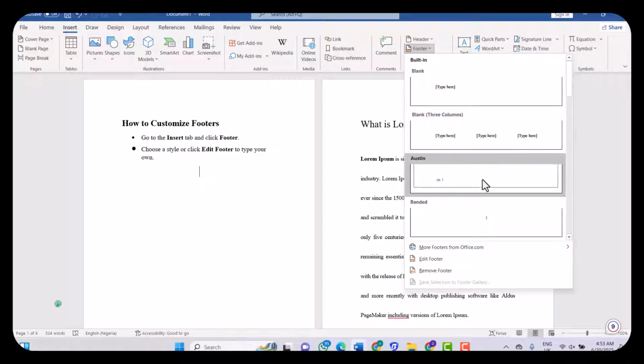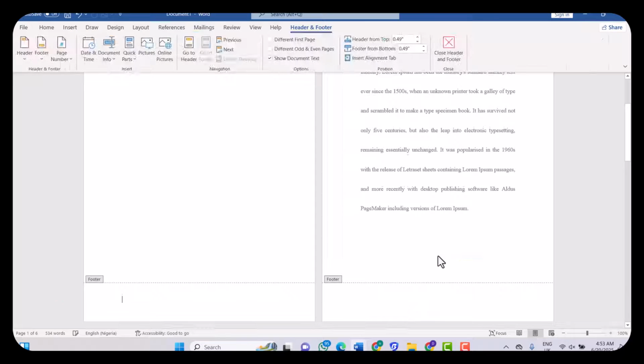Okay, so let's click on edit footer. For example, let's click on edit footer. Let's say we want the name of the author. Let's say you're an author for a particular book, and you want your name to appear on the footer section of the book. You can just put your name, let's say author